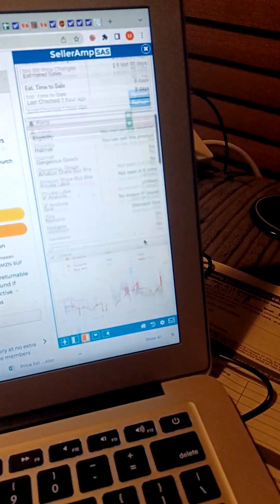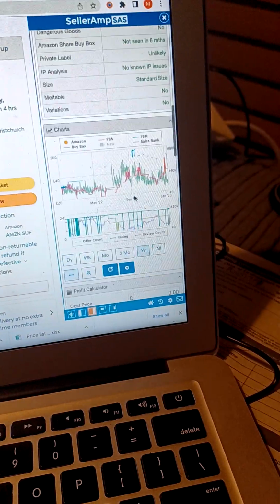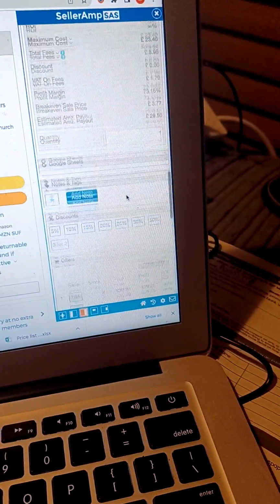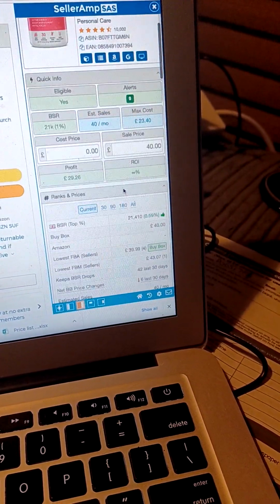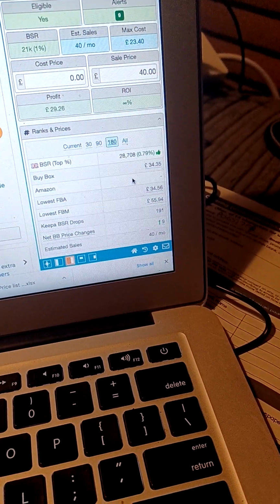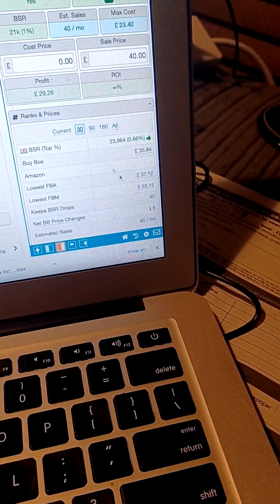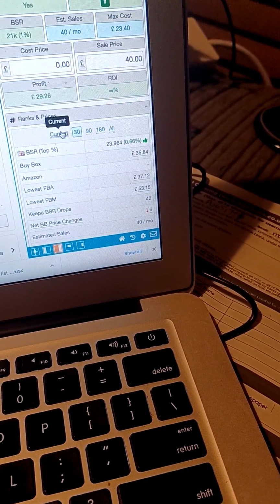But that's what's being sold at the moment. Now, this type of product is going to go up in price. I think the graphs are even proving it is. It was certainly going up in price, hasn't it, over the last 30, 90, 180 days. As you can see, 180 days, it was 34.56. 30 days, 37. Now,